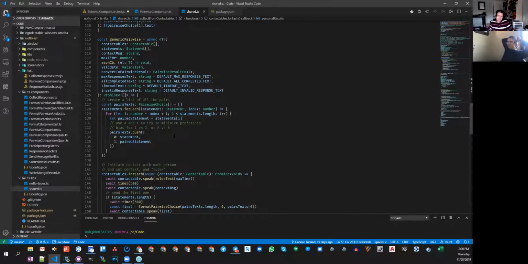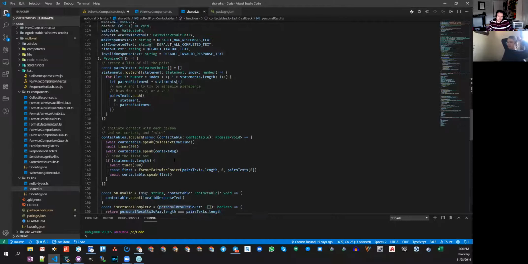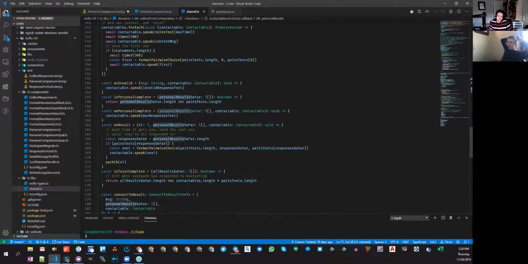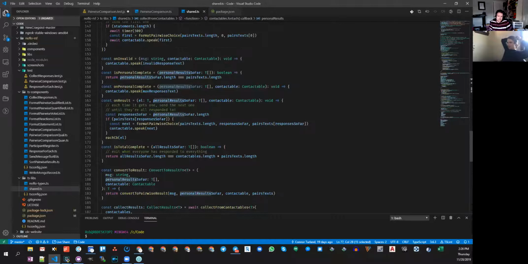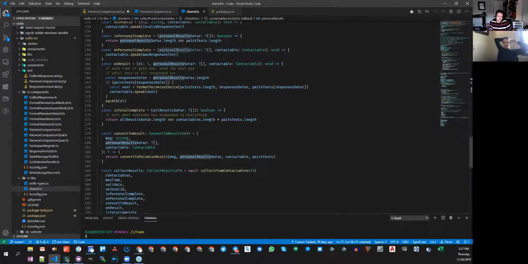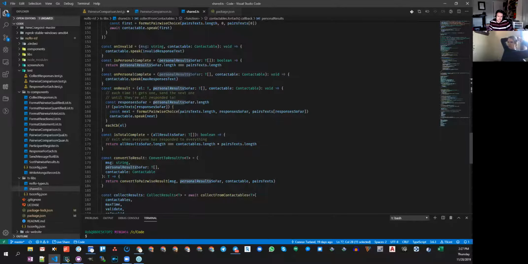So there's that one, the is personal complete one, and then there's the is total complete, and that one, take a look at the Boolean that it returns. All results so far.